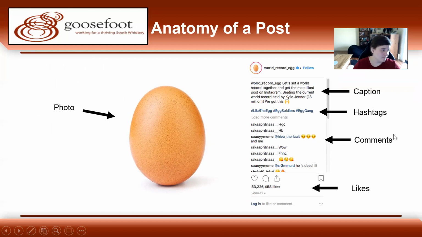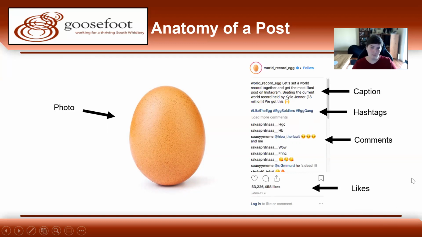So to break down a post for you on Instagram, for those of you who are not familiar with the platform, obviously you have your photo or your video. If you're on a desktop, this is what it's going to look like. But if you're on your mobile feed, these are going to be slightly switched. So the photo will be up here and all of this stuff on the right side will be below it. But you'll have your photo, and then obviously you can see your profile and your username. You've got the caption, and then you've got some hashtags, hopefully,